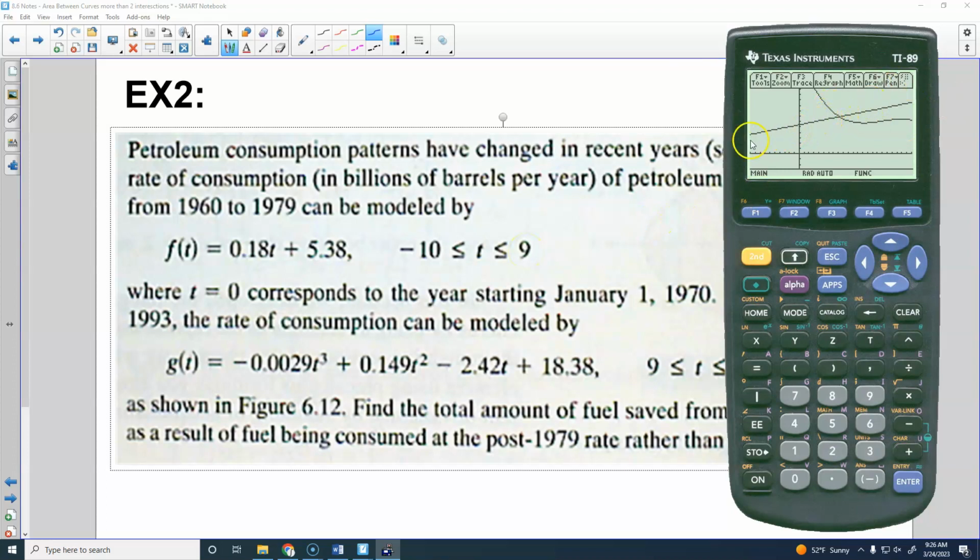So you were using this linear function, but it switched to this cubic function. So if we are wanting to know the total amount of fuel used, these are both rates, we would find the area underneath that curve, right? So the total amount of fuel used underneath that line would just be our integral. And if we want to know the amount saved, we're looking at the difference in those two areas. So that's going to be the difference between these areas right